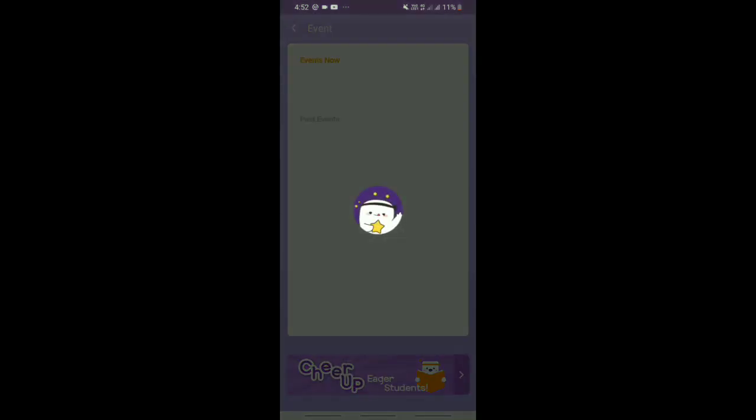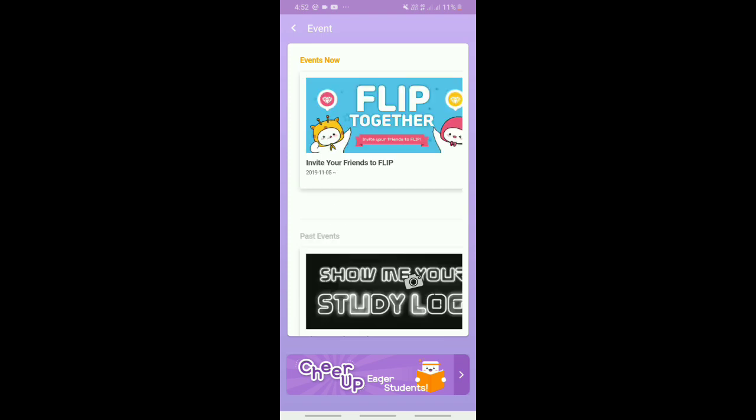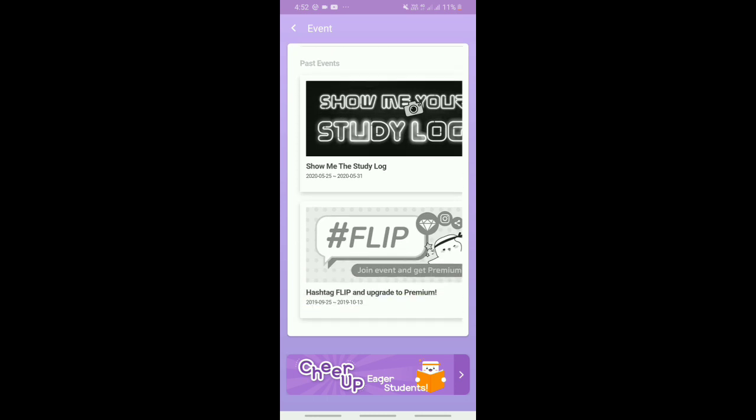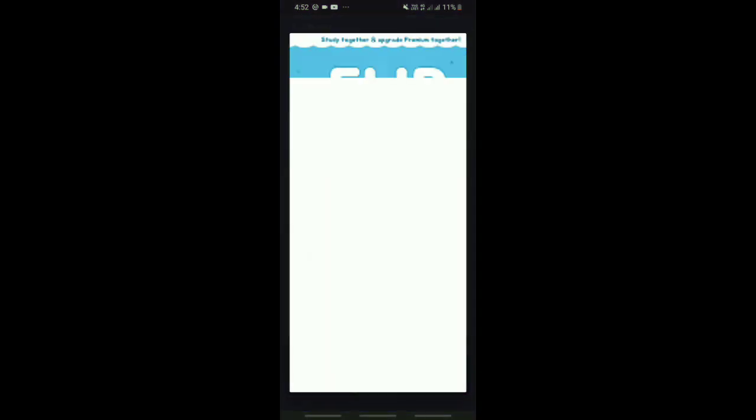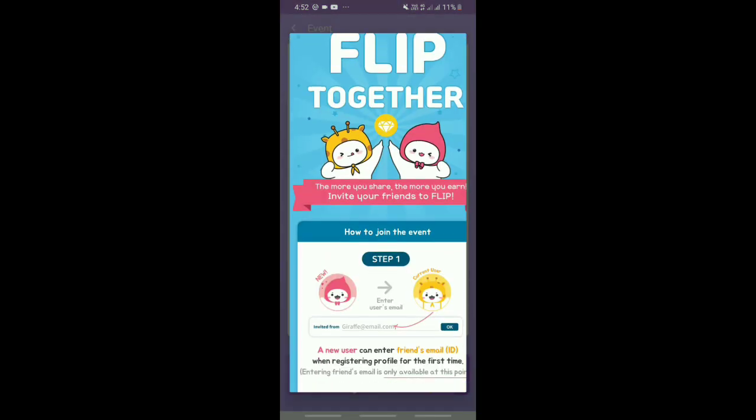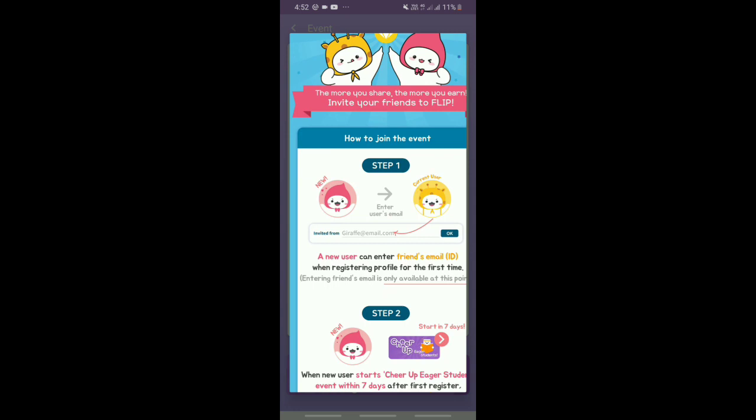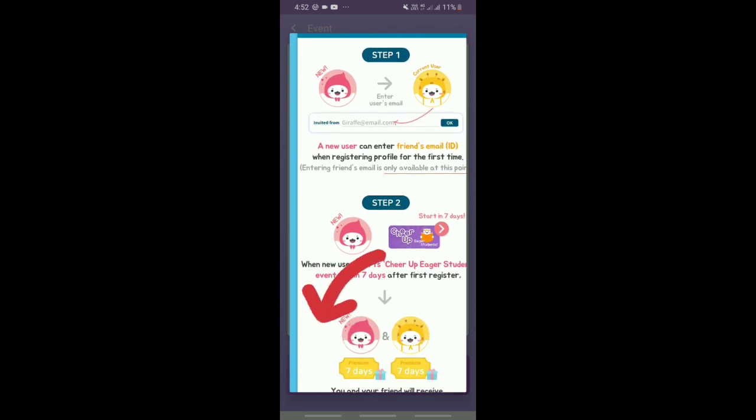Now there is an option called event. Here you can invite your friends and you can flip together. By doing that, after 7 days, you and your friend will get the premium version of this app. How to join this event and its steps are given here.